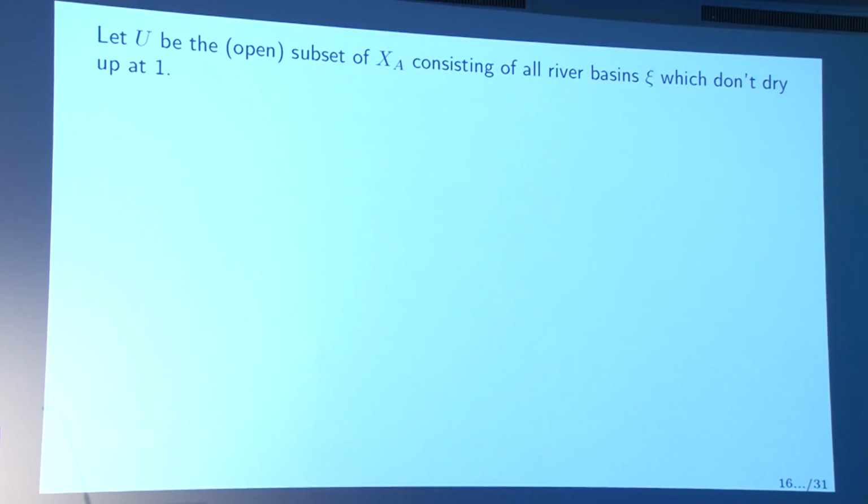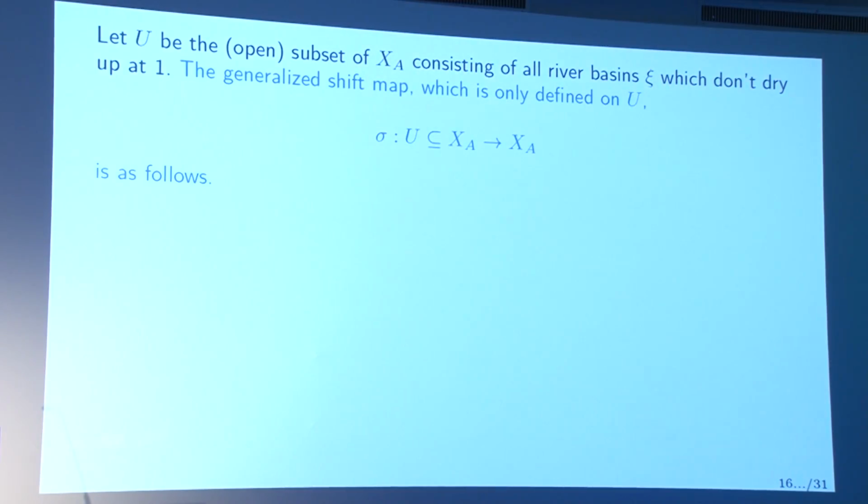So let's look at the subset of the space XA consisting of all river basins except those very dry ones which die at the origin. U is going to be the subset formed by the river basins which flow at least a little bit after the unit. So the generalized shift map is going to be defined only on this subset U, and it's defined